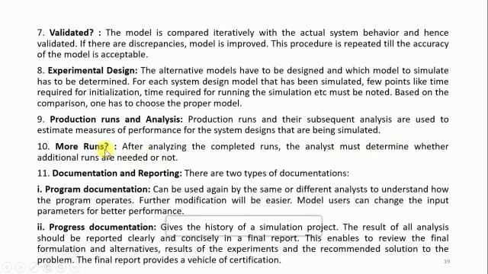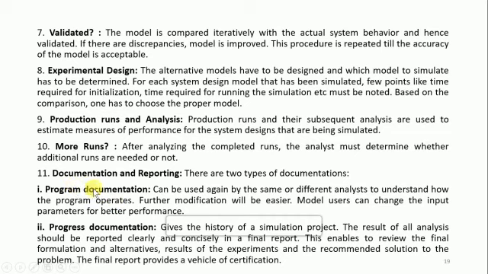After that, after running the project, if everything is okay, he has to write a document which will provide information on how the system is working. So for documentation, there are 2 types. The first one is the program documentation. This can be used again by the same or different analysts to understand how the program operates.